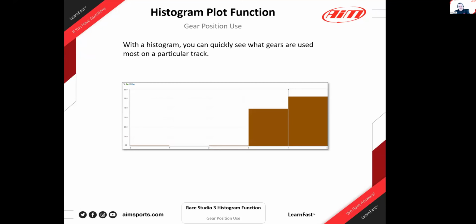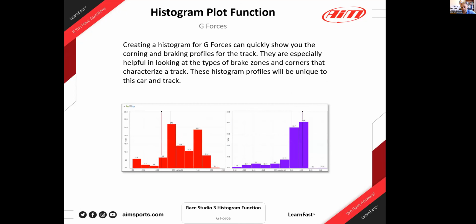Okay. Did you finish up the gear one? Yep, gear position. Okay. Another interesting one to compare tracks or maybe plan your setups is